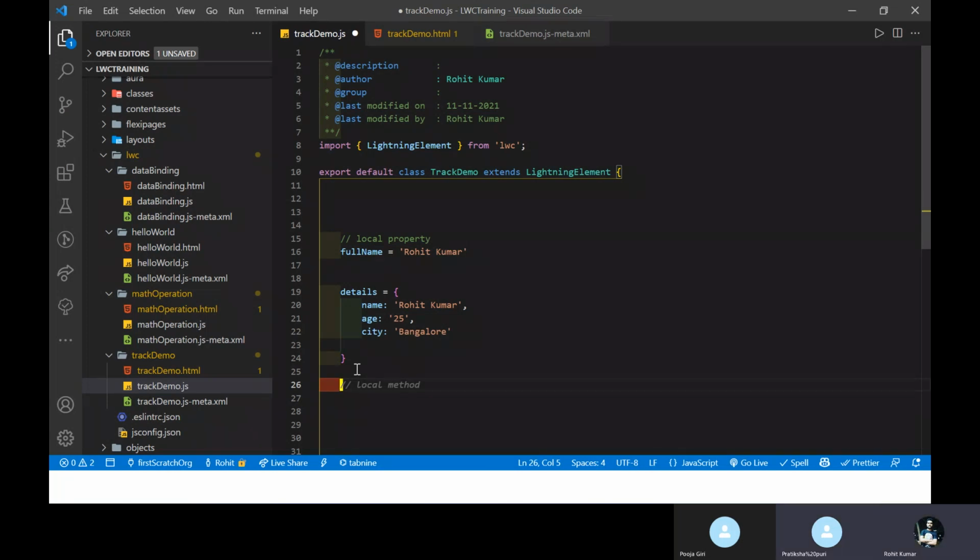I want to take the name and city from this object. How to take this one? No idea? Okay, fine. So if you want to take some value from this object, always use your object name, like